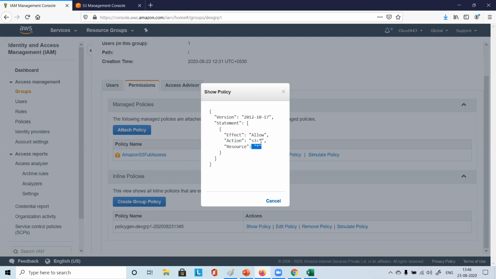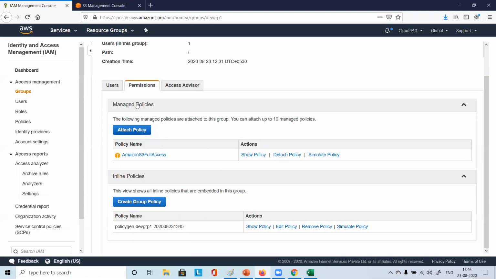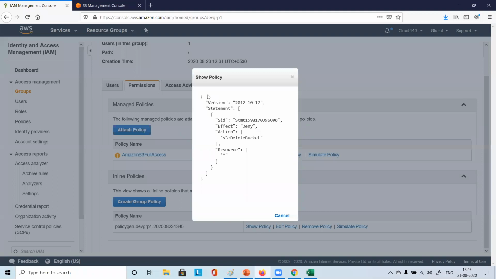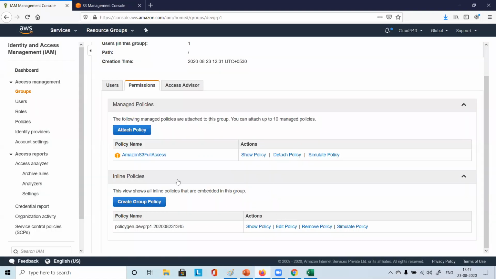So this is all resources on S3, all actions allowed, and that is the main policy that we have attached. Now within that, for this particular user and group, we have created an inline policy, and under the inline policy we have denied the delete bucket option for each and every resource, whether it is root's or he has only created it. Maybe that also he cannot delete. Once created, that's it.